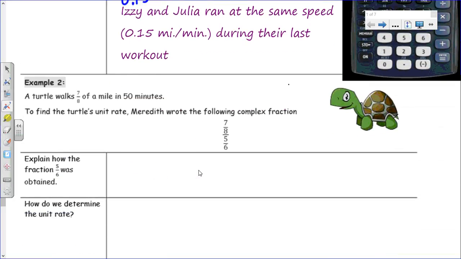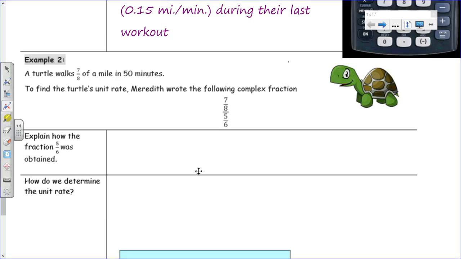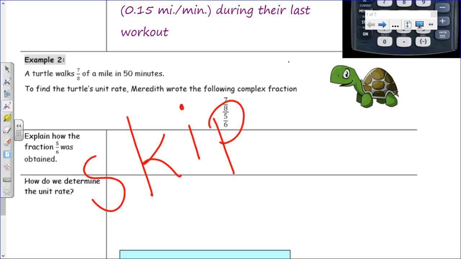I actually am going to skip this one. So if you want good news, you can write skip for problem or example 2. If you're up for a challenge, you can try it, but I think that I want to move on to something that won't be as confusing for you. So in order to do that,